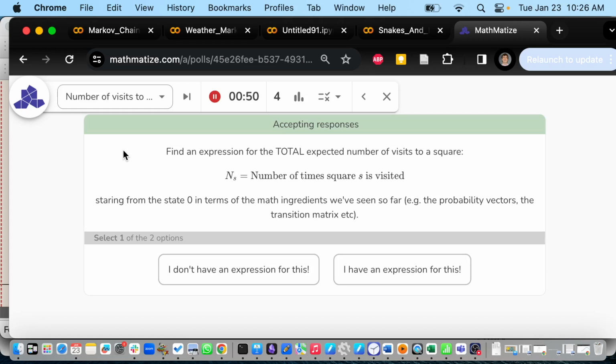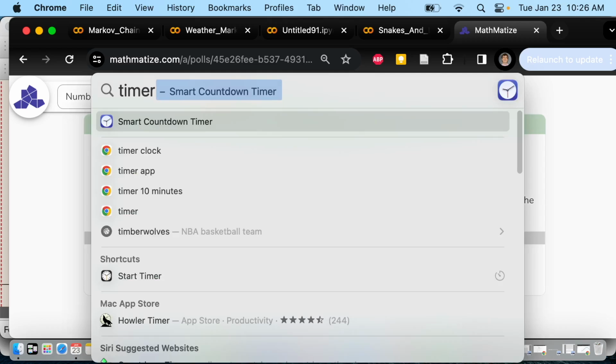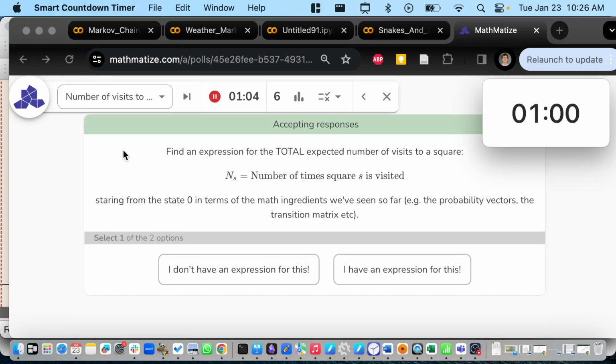And this made sense for snakes and ladders, because in snakes and ladders, you visit each square a finite number of times, and then you end up at square 9, and then you stay there forever. So this is a finite number. Find its expected value. Okay, let me give you, say, 1 minute to do that. Maybe 2 minutes. And again, feel free to discuss with your neighbor if you want to check if your answer matches their answer.